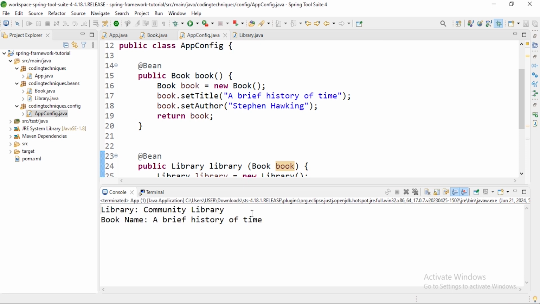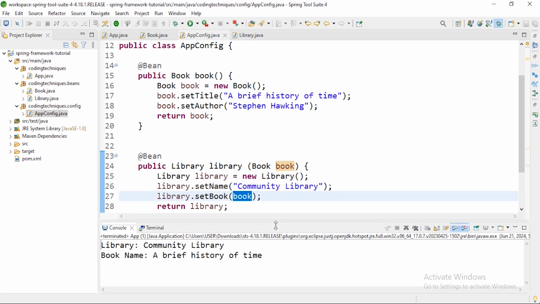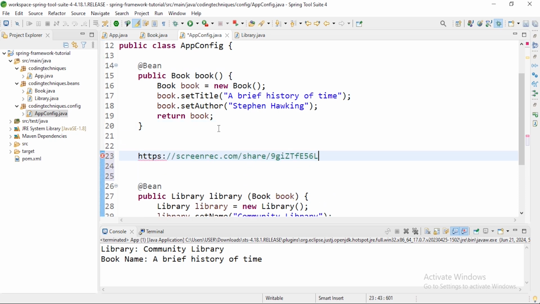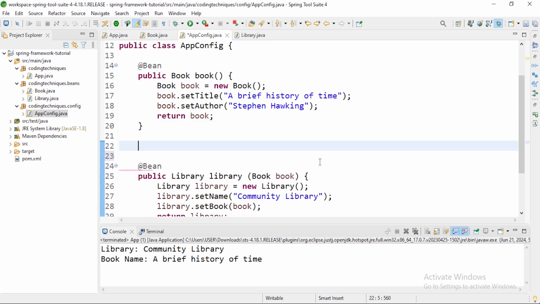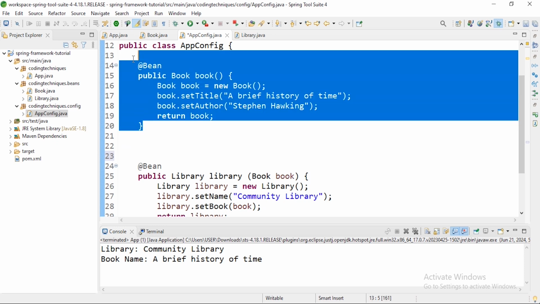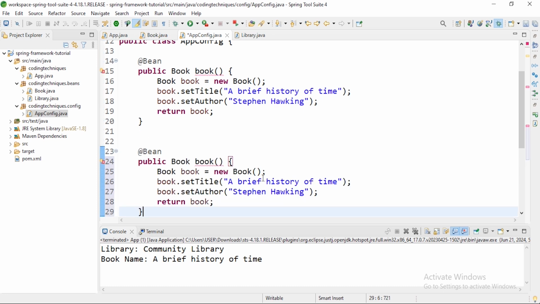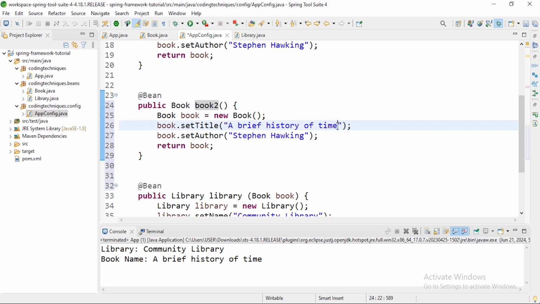Okay, you see we have it working. Now what if we have two books? Let's name this book1 and book2. And we change this name to Physics. Let's change this name to the Character